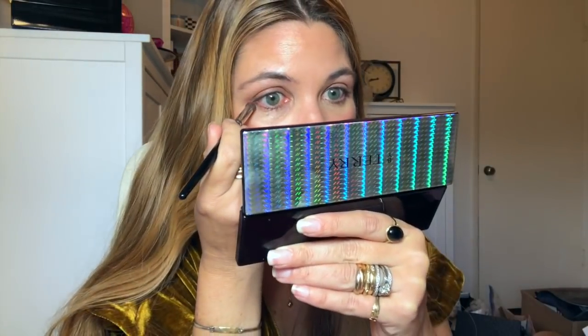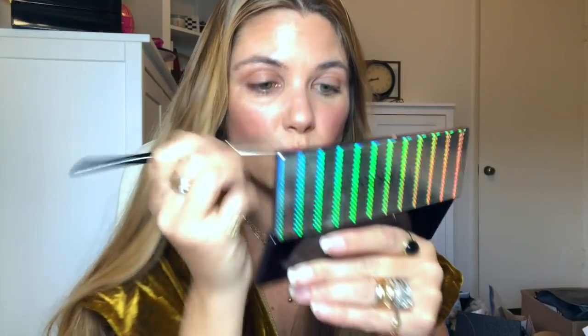Something I learned about the By Terry shadows is that they are cream to begin with, and then when they're baked or processed, they of course morph into powder, but they do start off as a cream, which is why they're so silky and so blendable. All